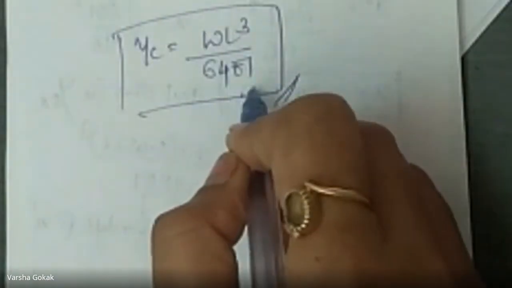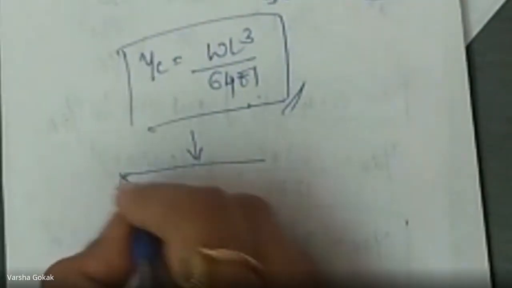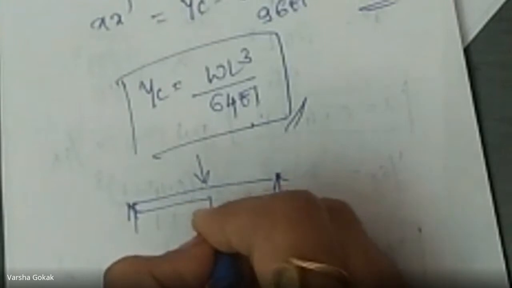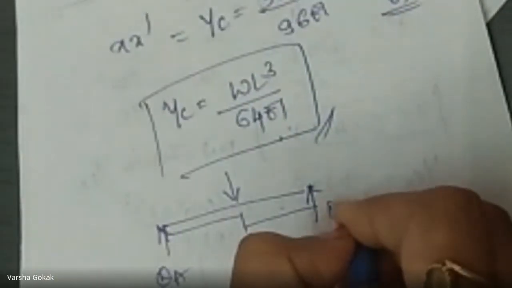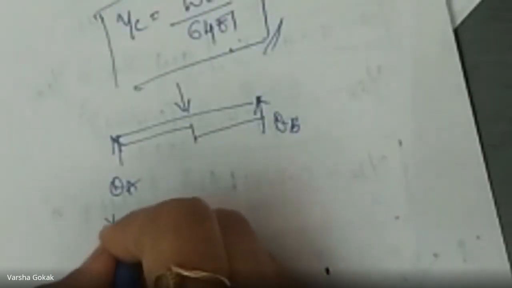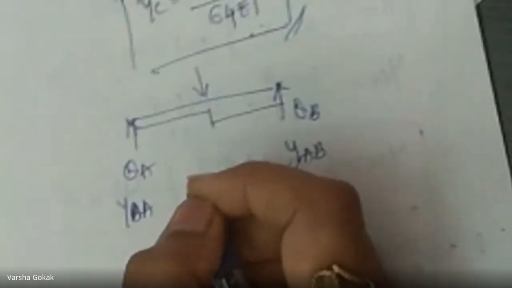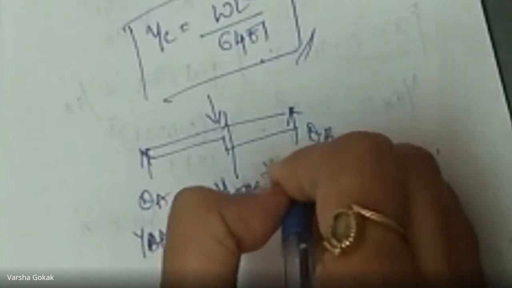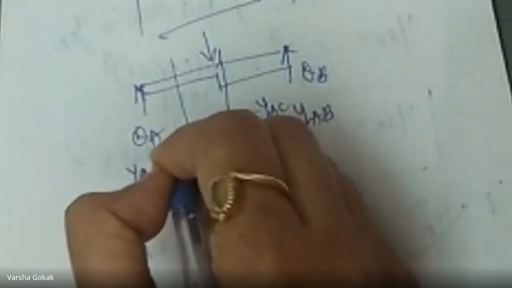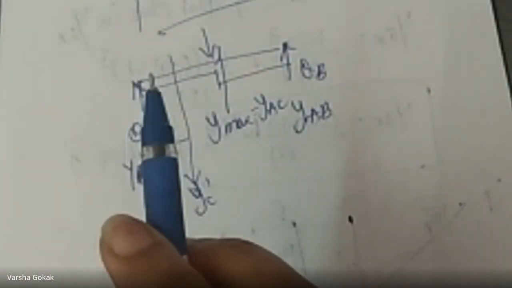Now what is this particular problem? In this particular problem, it was a simply supported beam with a point load at the center, but a different moment of inertia. So you found out theta A and theta B separately. You found out YAB, that is deflection here, YBA, that is deflection at this point. You found out Ymax, which is deflection here, also called as YAC. After that, at the distance X, you found out the YC, that is deflection at C. So it is a combination of all of this. Okay. Any doubts with this?